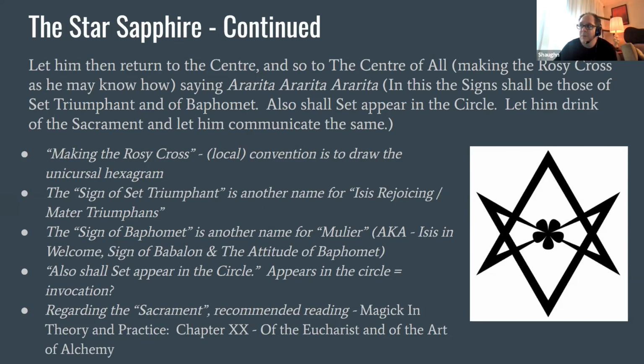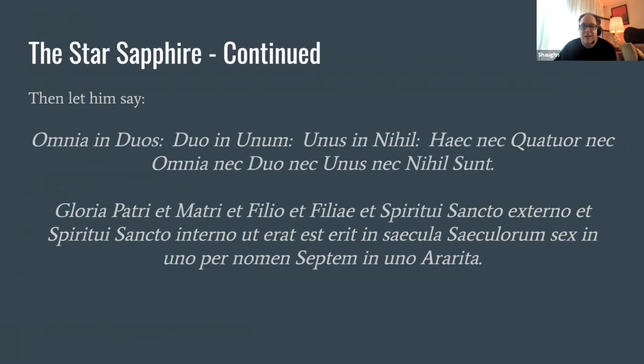Hopefully it'll help elucidate this a little bit, although I don't know if it's going to 100% make sense, but at least this is where he talks about Eucharistic ritual, so it might make some sense. Okay, so then let him say, omnio in duos, duo in unum, unus in nihil, hac nec quater, nec omnia, nec duo, nec unus, nec nihil sunt. Glory Patri et Matri et Filio et Filiae et Spiritui Sancto externo et Spiritui Sancto interno. Ut erat est erit in secula seculorum sex in uno per nomen septem in uno